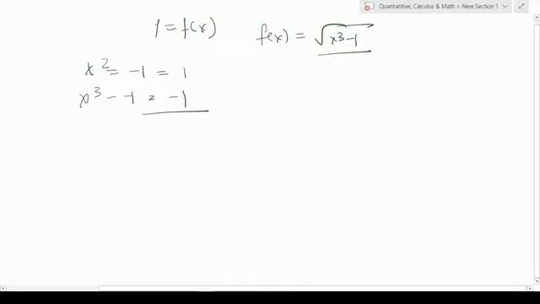We already have discussed a negative of a square root is not defined. So if we want to find out what should be the value of x as the domain, which could be domain set of numbers, we just equate x cube minus 1 to be greater or equal to 0, which gives